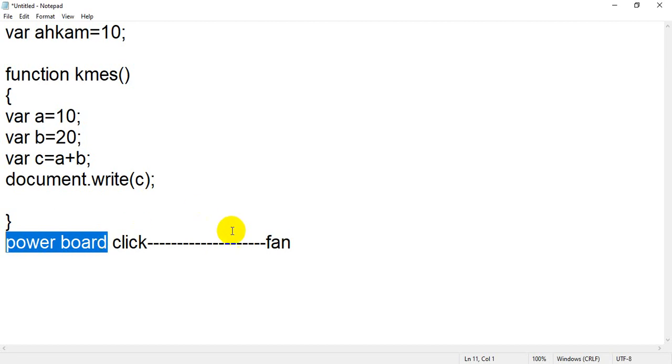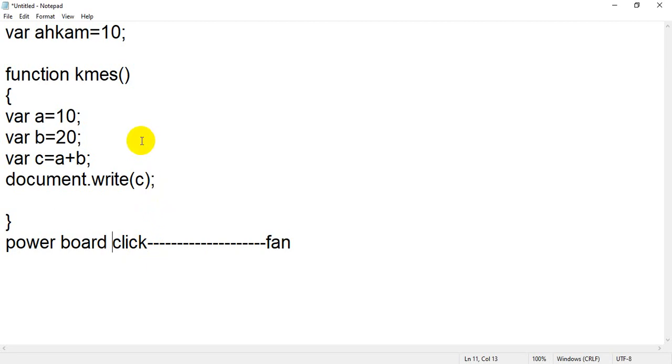But the fan will execute, the AC will execute, your tube light will execute, when you click on that particular button. So clicking on a button is nothing but an event. Clicking on a button is nothing but an event. When you click on that particular button, the fan will execute. Inside the fan there is a certain circuit, and that circuit will execute, or electrons will start flowing. But the first thing is that you have to click on a certain button. So clicking on a button on the switchboard is nothing but an event.